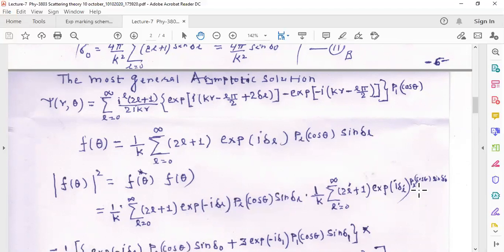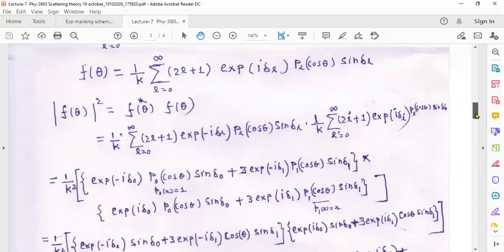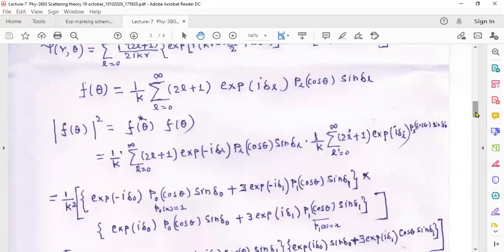If you know this, now let us work out the value. I write this equation. Now you see this equation, and look at the term which is very important; please try to understand this term here. First, look at the first term. You concentrate on this because we are talking about different values of L. How many different values of L should we take? L equal to 0, L equal to 1, because delta 0 is prominent, delta 1 is prominent, delta 2 is negligible. So we should take L equal to 0 and L equal to 1.